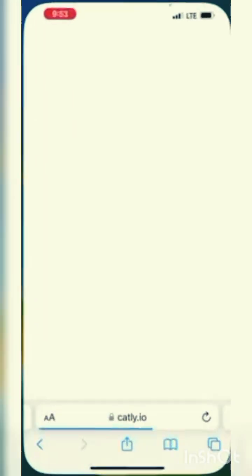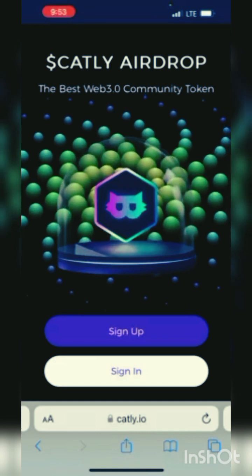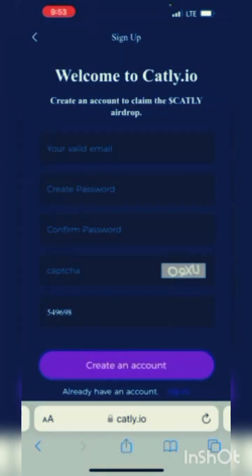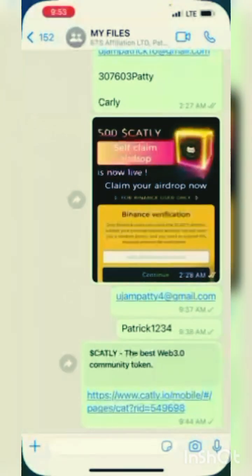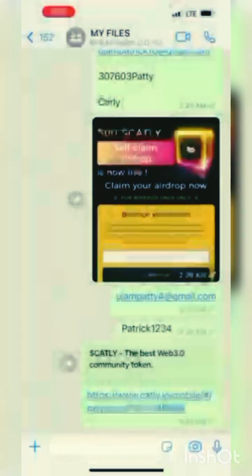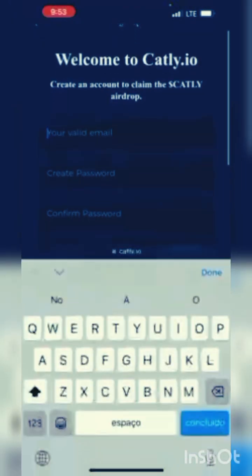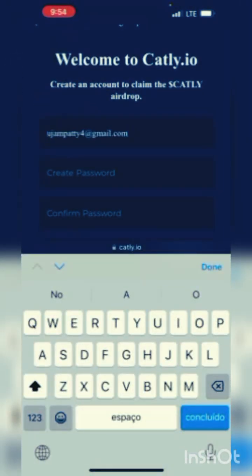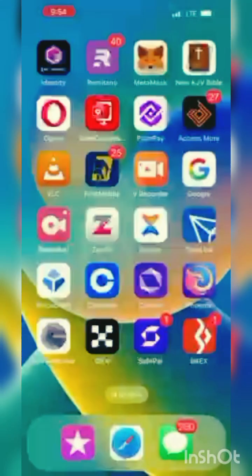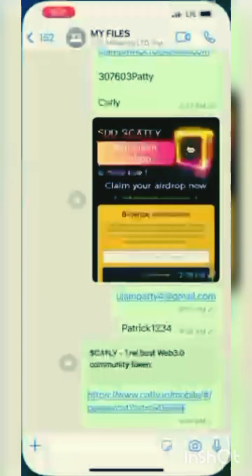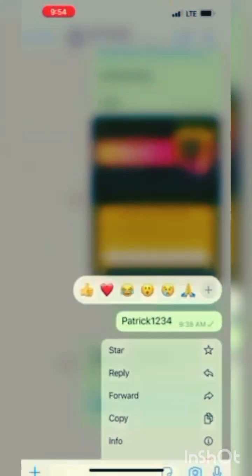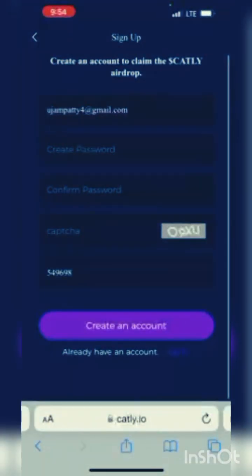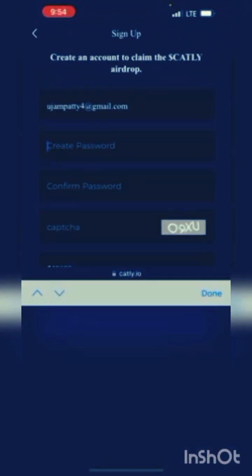You click on the link, then click on sign up, not sign in because you've not registered. Click on sign up and then put your valid email address, and then the next thing is your password. Copy and paste, put your password